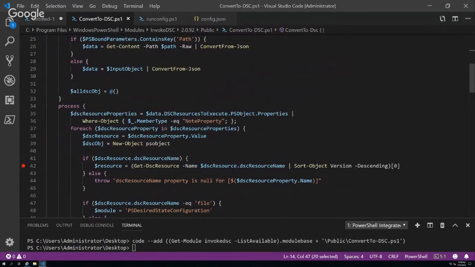But essentially on line 42, I'm expecting a resource name to not be null from the module. And then I'm using Get-DscResource with whatever that value is. And then I'm sorting it by version, and I'm selecting the first one. And then I'm grabbing the resource name. And so without the debugger, I'm kind of blind as to what that is. And so what I'll go ahead and do is I'll set that breakpoint, and then I can come back over